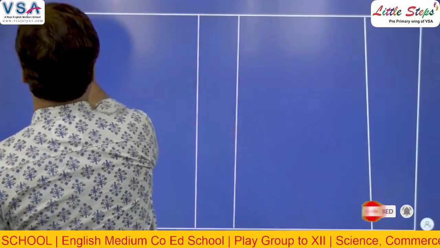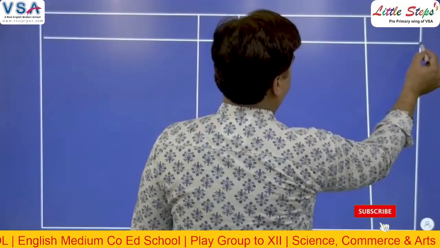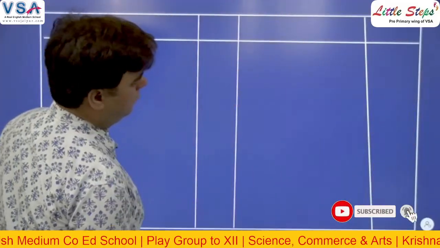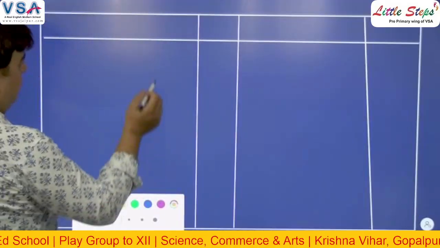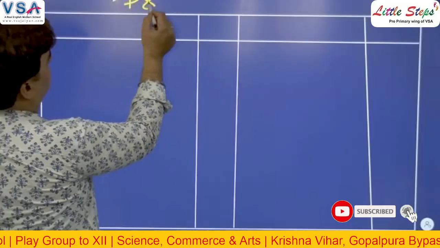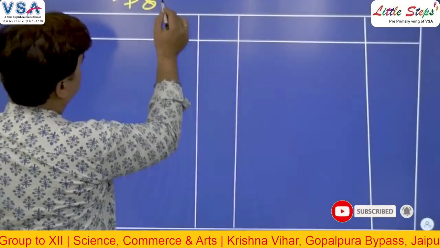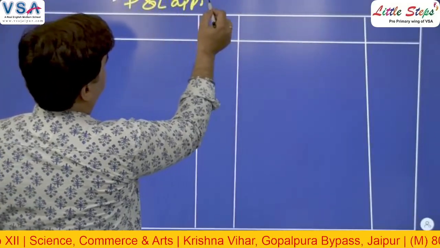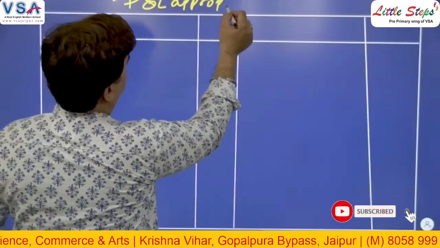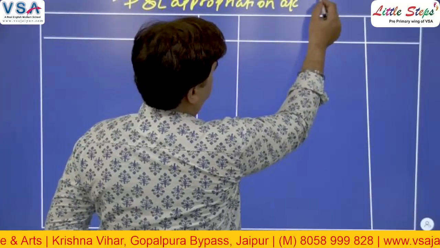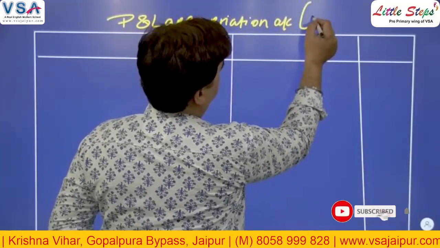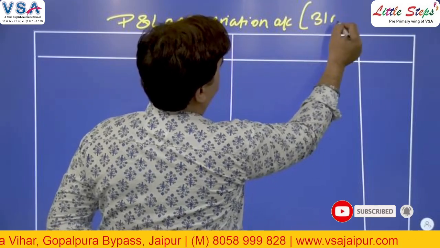Whenever these types of questions come now, students get confused whether to prepare only the P&L account once or twice. But definitely you have to prepare the P&L appropriation account twice. This is for the year ending 31st March